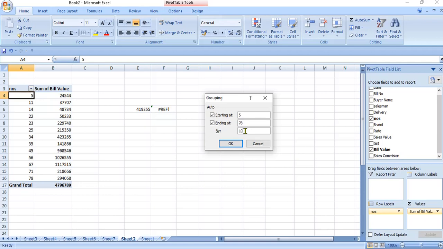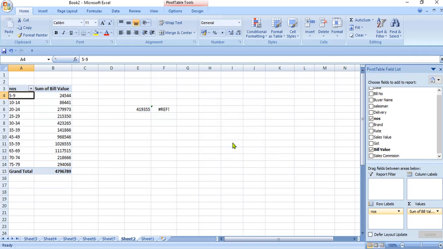Manually, we can change our grouping boundaries. If we want a gap of 5 numbers, we will write 5 here and click OK. So you can see the number boundaries 5 to 9, 10 to 14, 20 to 24 and so on.